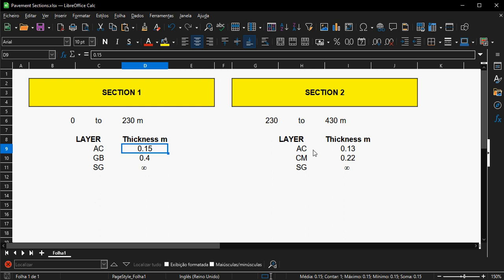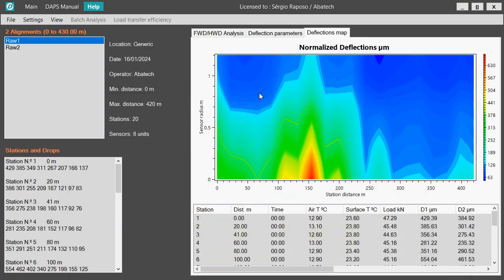So you notice that not only the materials change, but the thicknesses between one section of the pavement structure and the next section also change. So we have 15 centimeters and 40 centimeters for section number 1, and we have 13 centimeters and 22 centimeters for section number 2. This means that we are going to have to define two different distinct sections in the